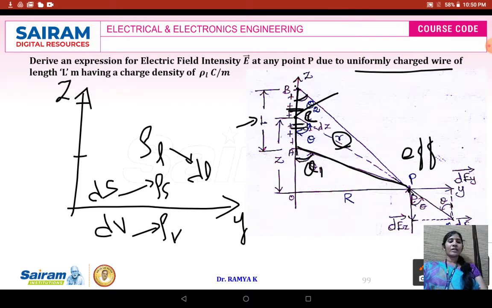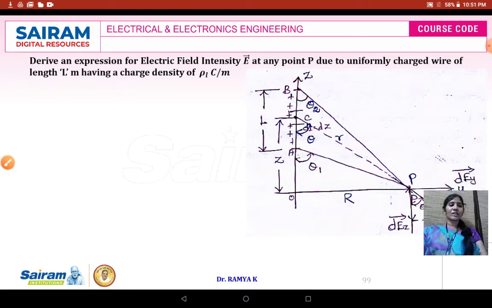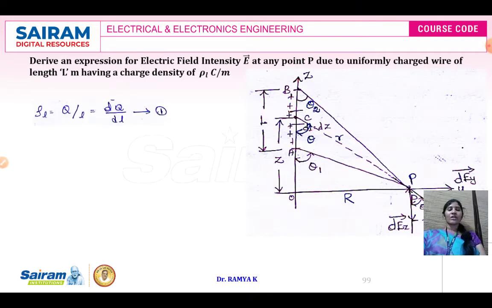And here there will be two values of electric field intensity. One electric field intensity towards your y-axis and the other electric field intensity towards the z-axis. Therefore, the net electric field intensity is going to be the vector sum of the electric field intensity along your y-axis and the electric field intensity along your z-axis. Now here we have